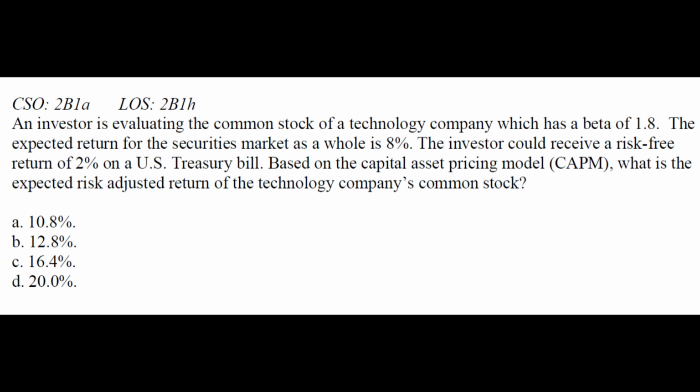Choice analysis. A. 10.8%. Incorrect. This equals beta times market risk premium only and forgets to add the risk-free rate. B. 12.8%. Correct. Using CAPM,